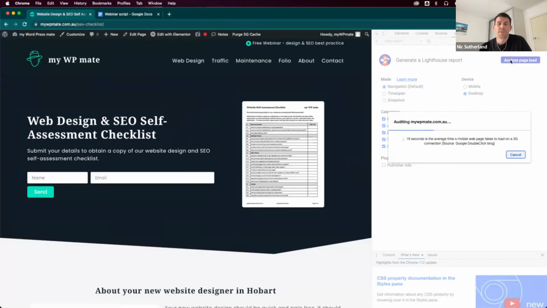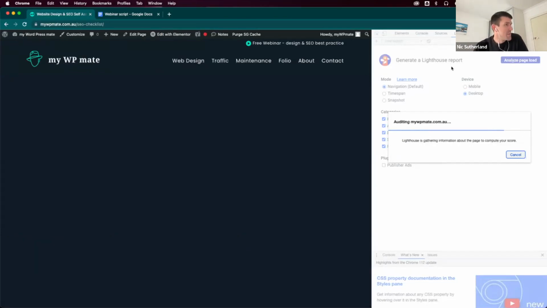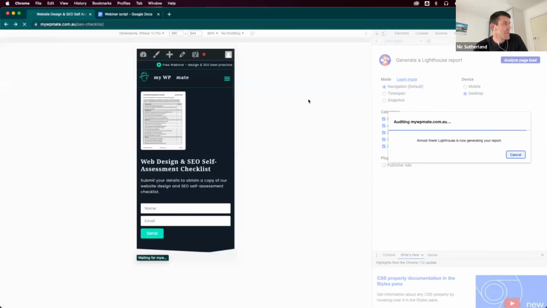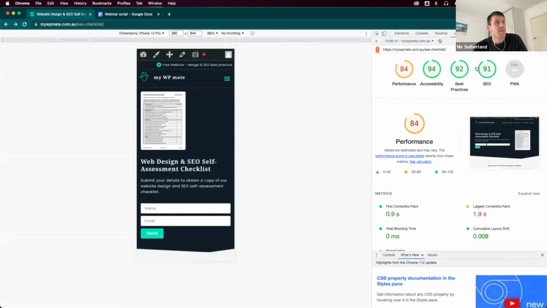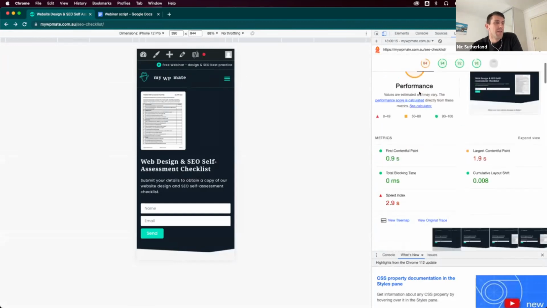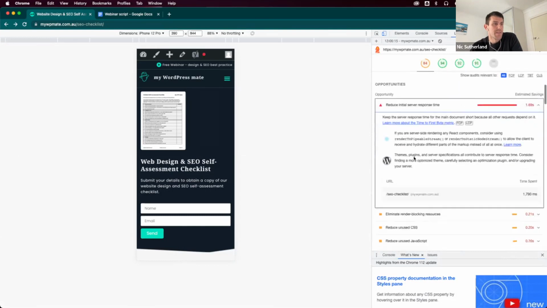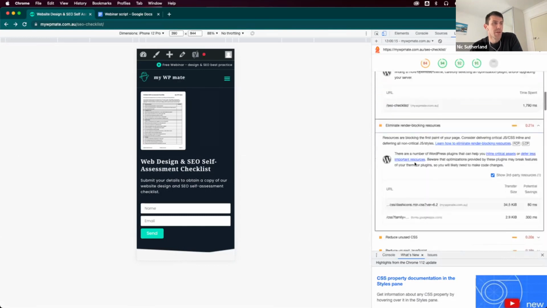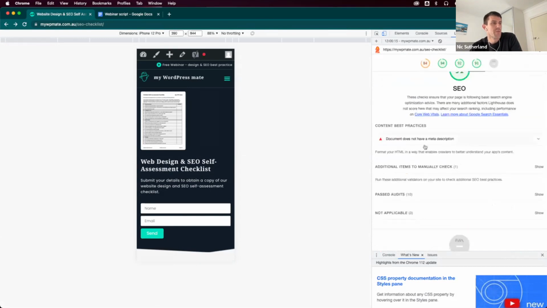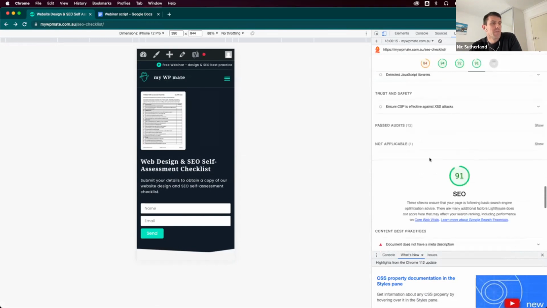And the report gives you a whole heap of insights into why the page might not be performing correctly. This particular page is just a very quick secondary page, so I don't really expect any amazing results, but we can see some criteria here. And then down below in the list, we can see what's going on, and we can analyze some reasons why the page might be loading slowly, or delve into some more technical SEO stuff. This page has minimal content on it, so it doesn't surprise me that it's a little bit down.